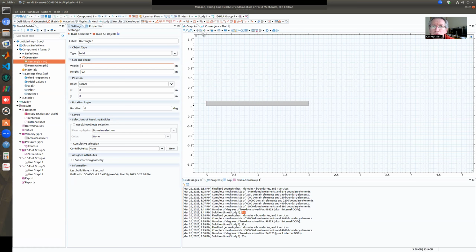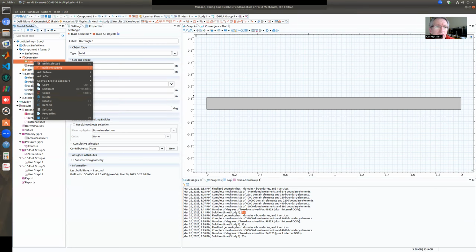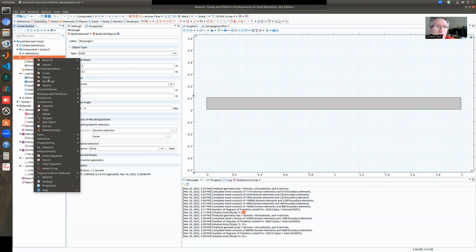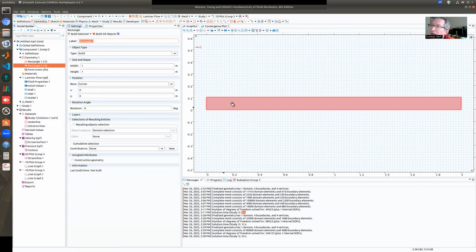So I shortened it a little bit. And then I will generate another rectangle, right-click geometry and then say rectangle, and I will place it somewhere here inside. And then I will subtract that rectangle from the outer one so that there will be a hole in my domain and it will be like an obstacle, right?